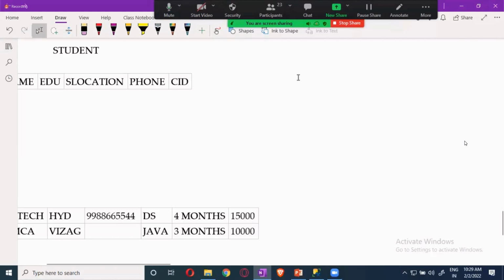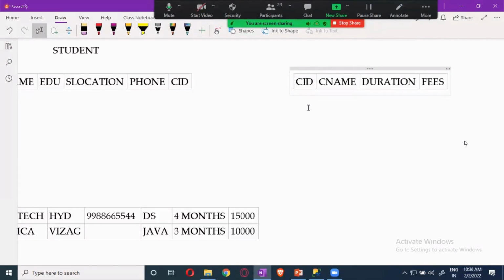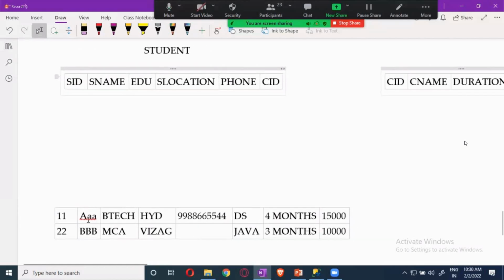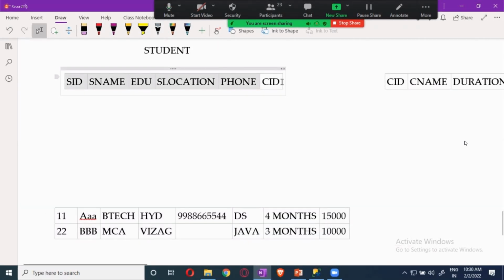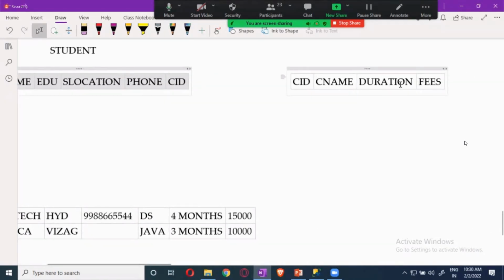What is that? I will have course ID, and then I will give the course name, then the duration of the course, and fees. Now this is the student table, and this is the common one. This we have to do, there's no other option for us, because their location will be different, their phone number will be different, their education different, everything will be different. So you have to do this one, no doubt about that. If 1,000 people are there, you have to give 1,000 people's details. Now when it comes to this one, all you will be keeping is just 5 or 10.